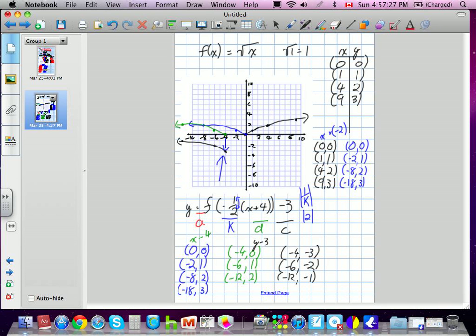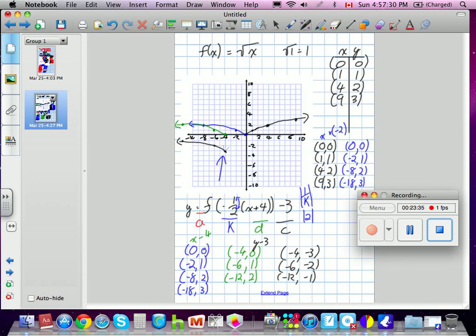Quite a bit of work. But we could always do it by just plotting our coordinates and multiplying by numbers to figure out our